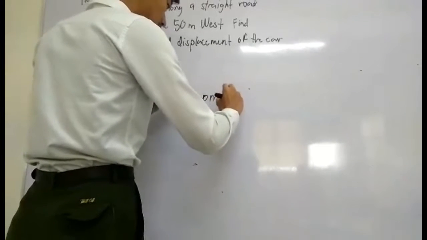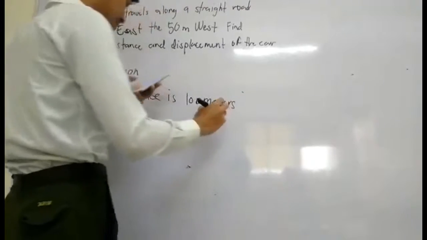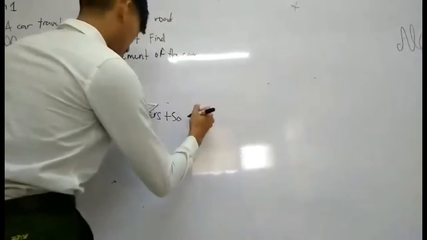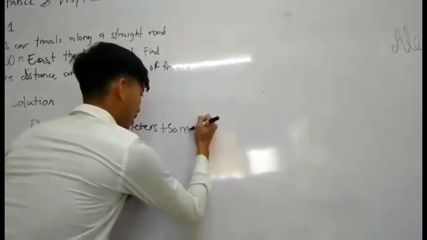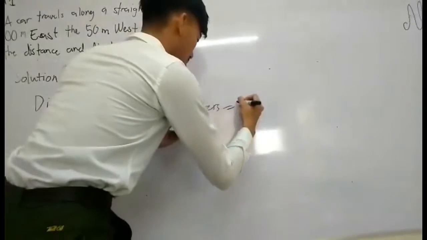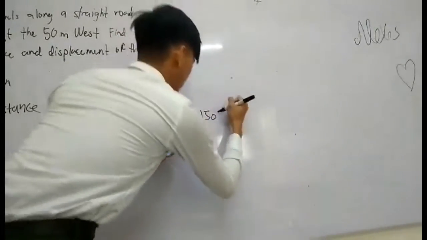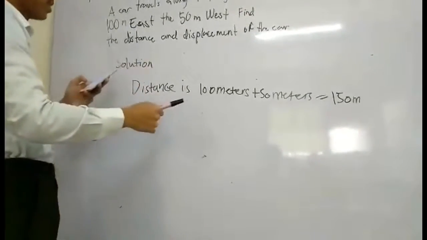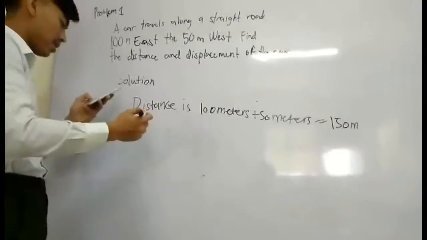100 meters plus 50 meters equals 150 meters. Then the displacement is